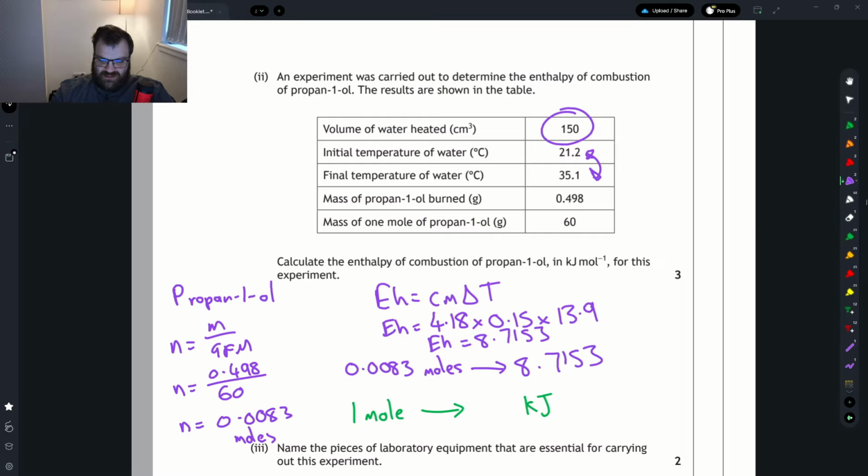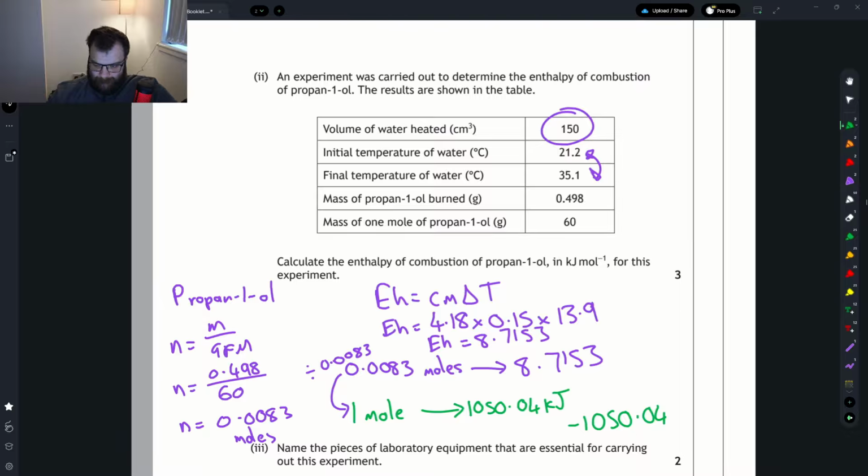And that makes our energy released 8.7153. To get from 0.0083 moles down to 1 mole, we can divide by 0.0083. Do the same to the 8.7153. And that would give 1 mole gives off 1050.4 kilojoules. It's asking us to give it in moles per litre. In an enthalpy of combustion, it's always negative, so it would be negative 1050.4